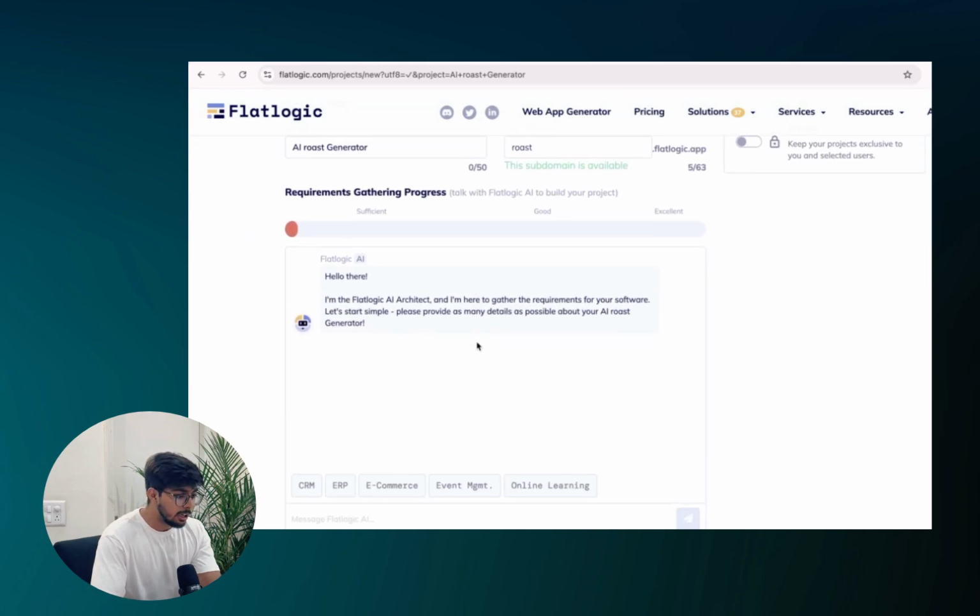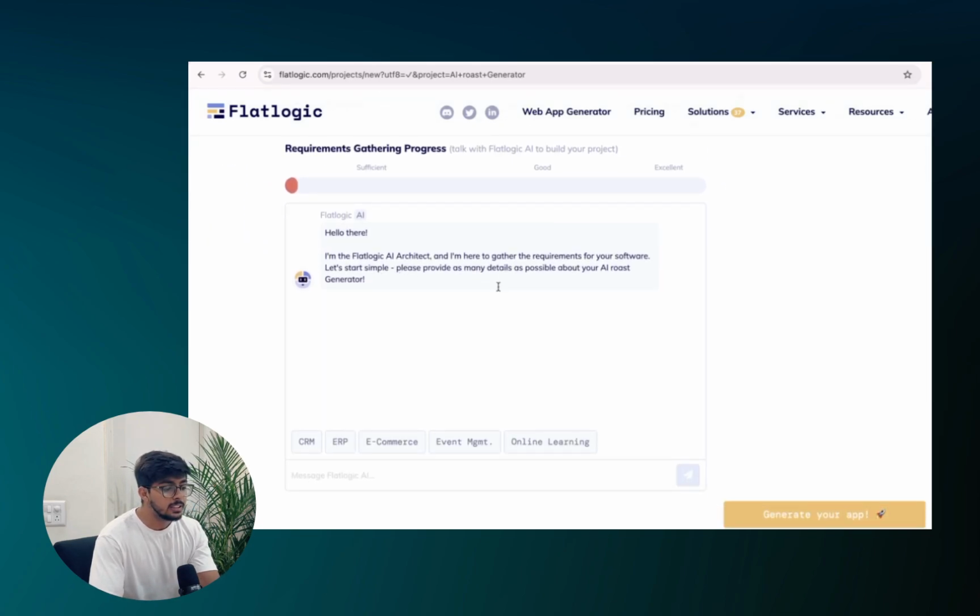The next is a requirement gathering process. So I need to tell this AI what actually are the requirements for my application. So in this case, to architect the application, I need to write the details. So I'm writing: AI roast generator is an application that takes pics and roasts the person in the picture